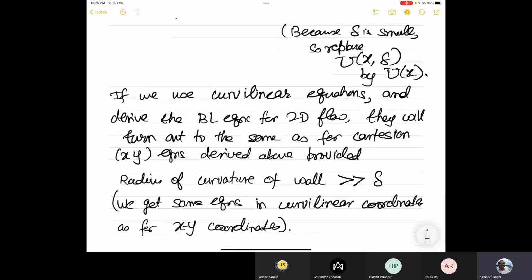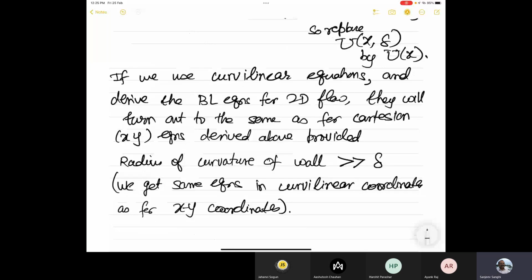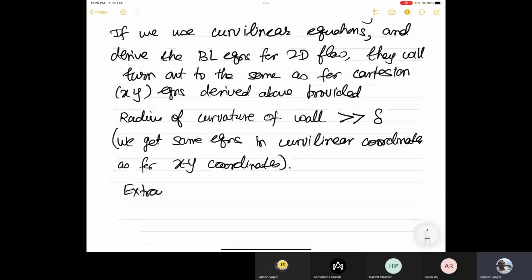So the boundary layer equations will not be the same if we talk of flow past a needle. If it is a needle tip, then obviously the radius of curvature there is much larger. But if we are talking of a gently curved wall, then we will get the same equations. The extra terms, see, in curvilinear coordinates, we realize we will get extra terms. But the extra terms, and this you have seen even in the cylindrical coordinates when we write the equations, we get some extra terms. The extra terms in the curvilinear equations are